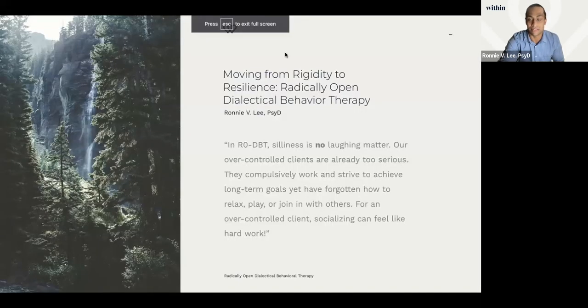Okay. So the talk today is called Moving from Rigidity to Resilience, Radically Open Dialectical Behavior Therapy. And we're going to go through quite a few things today. So this talk may need to be broken up into 2 or 3 parts. Hopefully I do a great job today and I'm invited back. But I really want to try to touch on quite a few things, mainly what is the